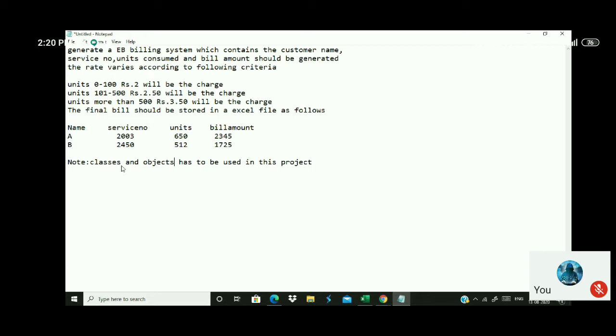I hope you are able to understand this. Any doubts in the problem statement now? Mukundan, are you able to understand the problem? Yes, sir. Okay. Now we will try to implement this on a step-by-step basis. I hope everyone is listening here. Listen carefully to how to implement this.